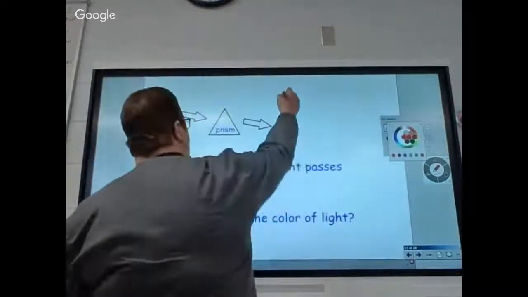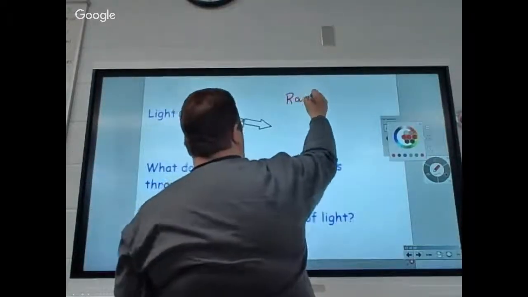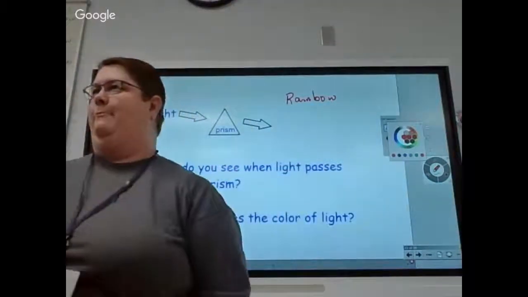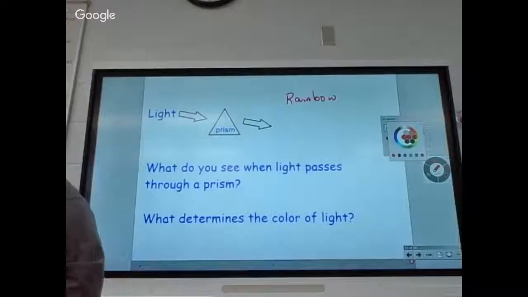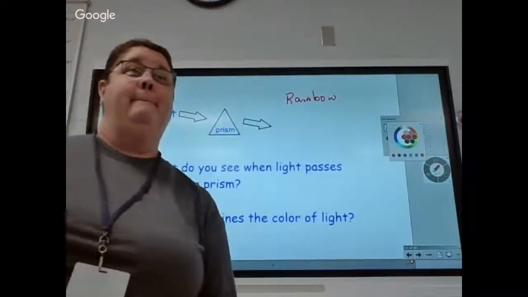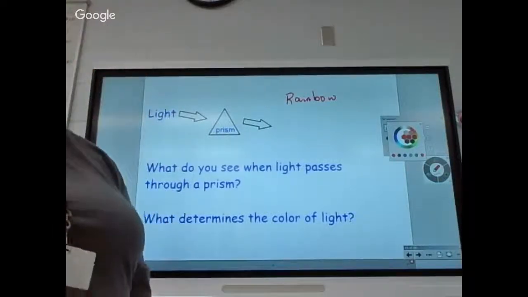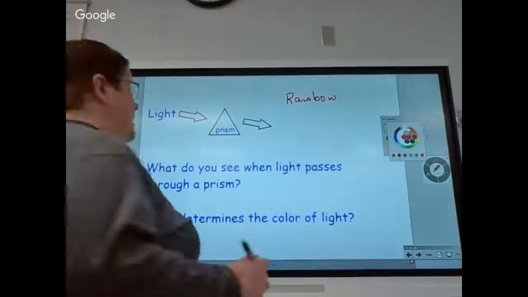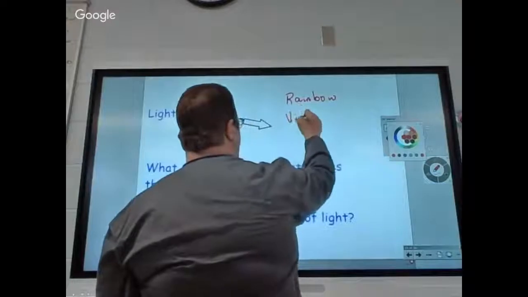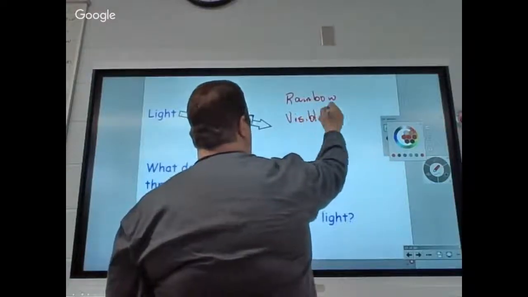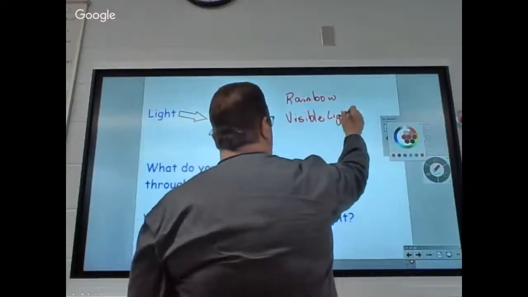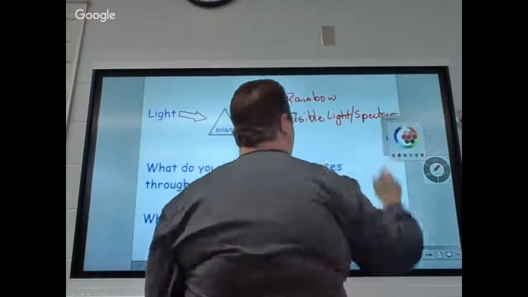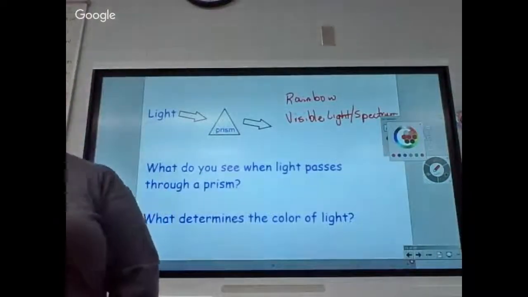Okay. The rainbow is the most untechnical answer y'all can give me. We need to spruce up the rainbow here, because rainbow is not an answer I will ever take. Visible light is an answer I can live with. That's getting a whole lot closer to what I want. Visible light, the visible spectrum, is what I was hoping for.